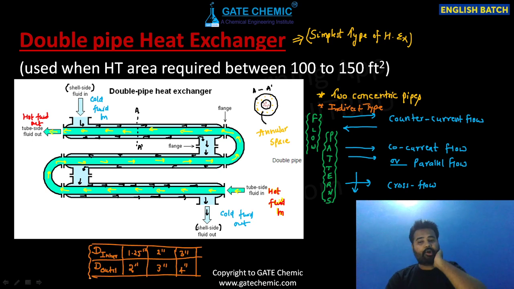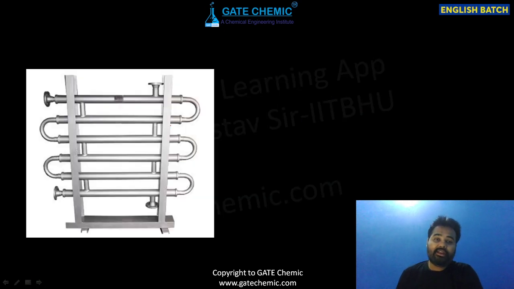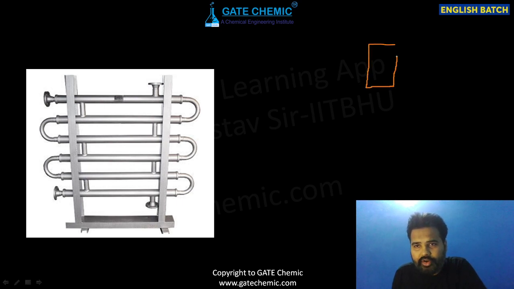Okay, very good. Now, one thing you must clear, beta. You can see here a typical diagram again. Suppose this is a solid wall. On one side of the wall, fluid 1 is flowing, and on the second side of this wall, fluid 2 is flowing.